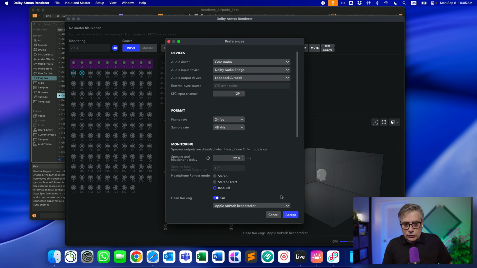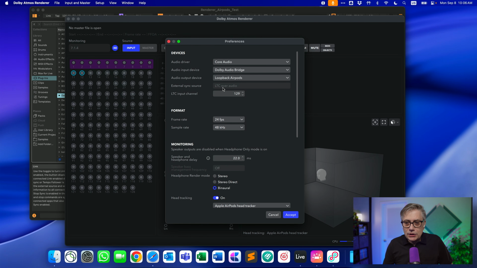You also need to select the output device, and that would usually be your AirPods. Now, in my particular case, because I'm recording what I'm hearing through the AirPods through a separate device, I actually have a special loopback device. And all this really does is it separates the audio into two streams, one that I'm recording and one that actually goes into my AirPods. In your case, you would probably just put in the AirPods here. And that's pretty much everything that you need to do.